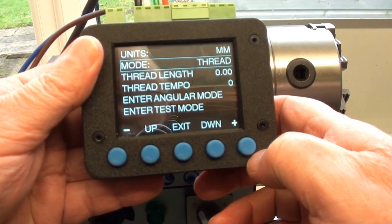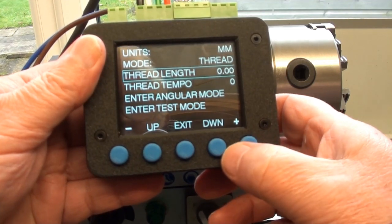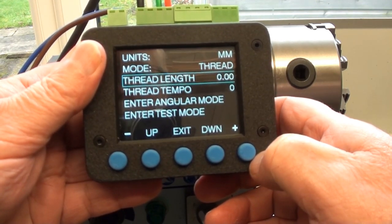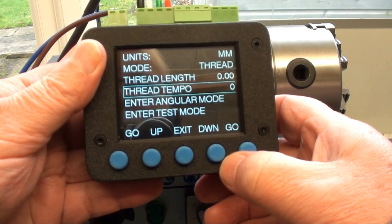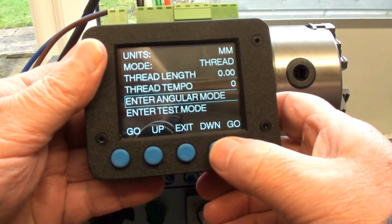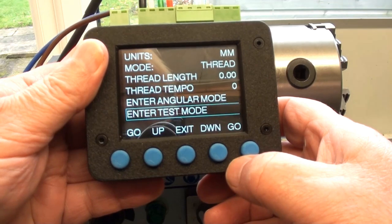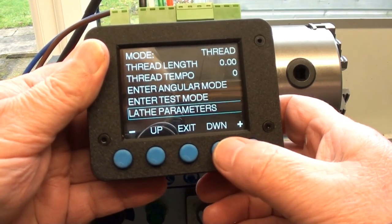Obviously threading, you can select what thread you want. Down, the length of the thread is for the semi-automatic threading situation. Thread tempo, I'm not entirely sure what that is, so I'll have to check that. Angular mode, which is what we've just been doing, and then there's a test mode, so that when it's all set up you can actually test the movement of the saddle,